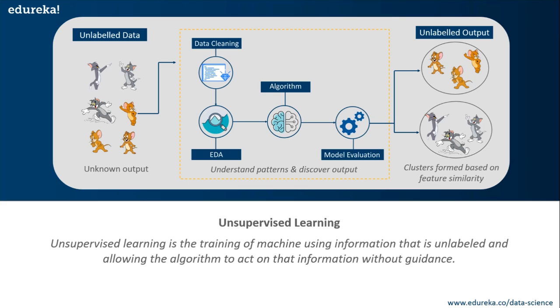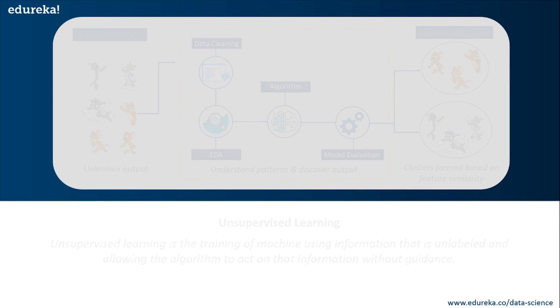So basically here you're not teaching the machine anything, you're not giving it a labeled data set. Instead, you're just giving it random images and you're telling it, listen, classify these sets of images into two classes. The rest of the process is similar. The only difference is that you're feeding unlabeled data over here, and the machine has to understand patterns and find trends on its own without any guidance. Now, guys, the output of an unsupervised learning model is usually a cluster. Since the machine has no idea about the input data, it just clusters similar items into one group. All right, so this was unsupervised learning.